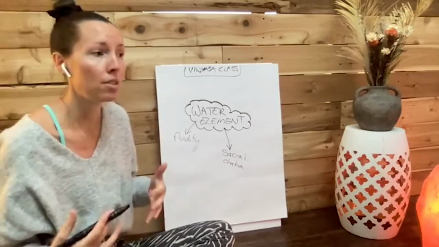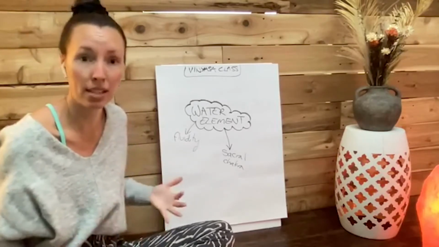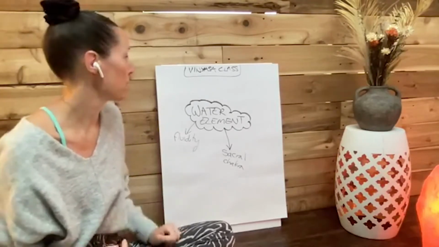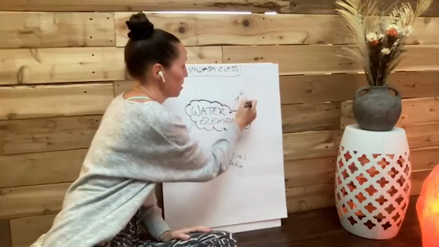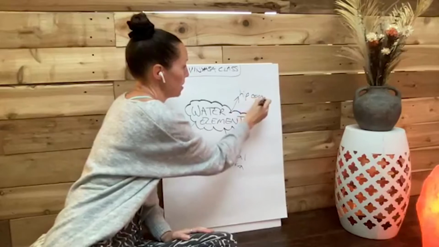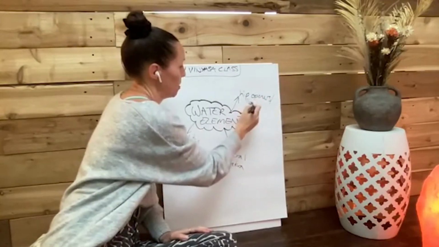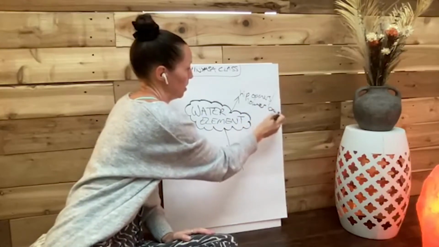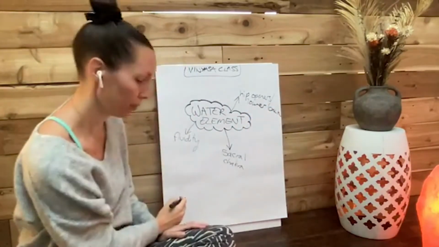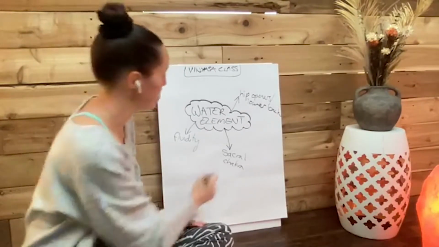So it would be nice to incorporate asana that connect to this space of the body. So this space of the body might be a lot of hip openers, lower back, lower belly,